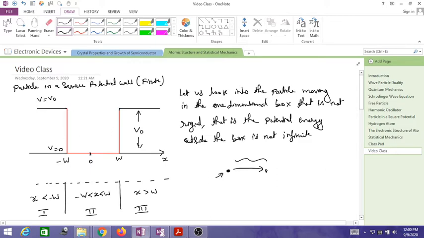And now what we assume is that the particle is within this well, which is a finite well, which has a potential energy of 0 between minus w to plus w, and outside this region the particle has a potential energy of a constant which is equal to V naught. And this is considered that the box is not rigid, and the potential energy outside the box is also not infinite. Now I will distribute this into different regions. So let us call this region 1, this region 2, and this region 3. So we have split the potential well into 3 regions.